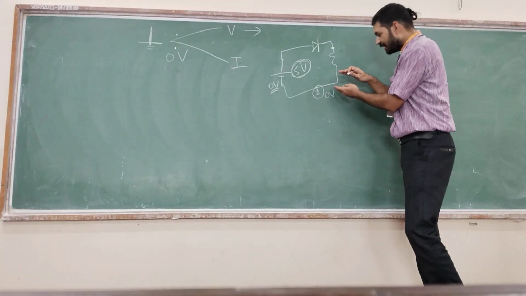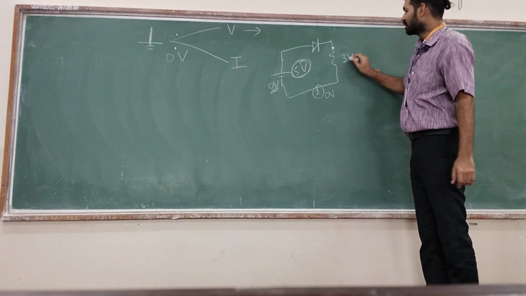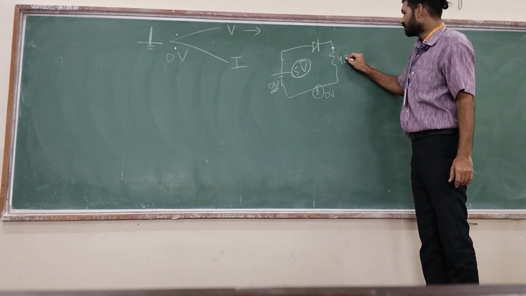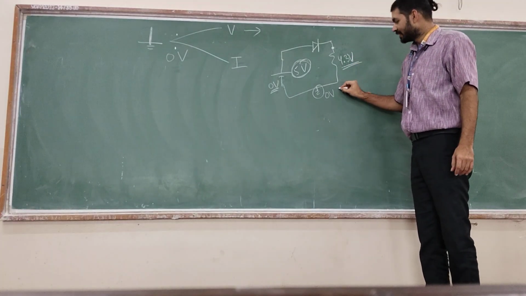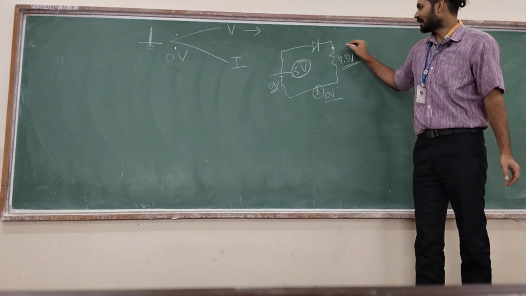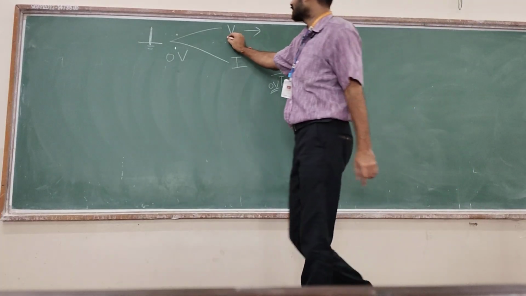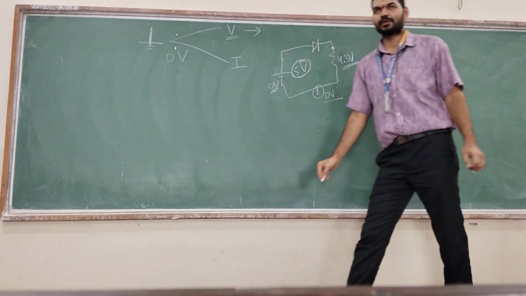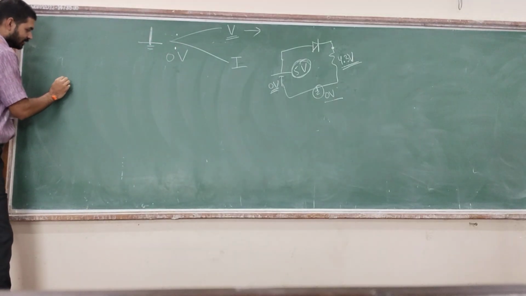Okay? Comparing 0, how much is the voltage present at this point? Say 3 volts or say 4.3 volts is present here. Then with respect to ground or with respect to 0 potential, this is at 4.3 volts. This definition is with respect to voltage. Okay. So with respect to current,